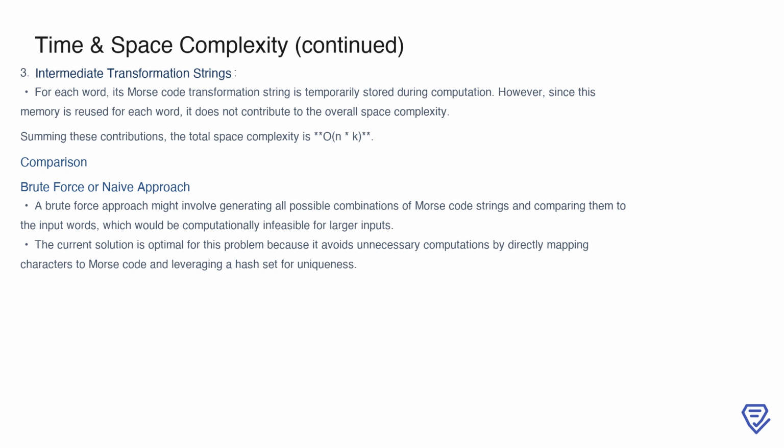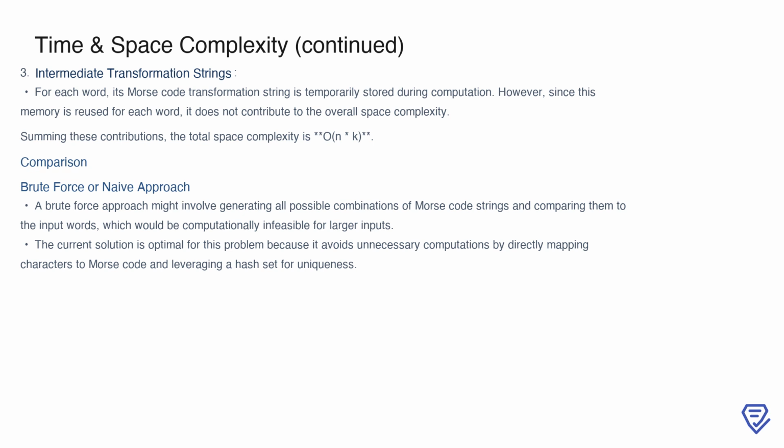Beyond the set, we also temporarily store intermediate transformation strings during the computation for each word. These strings are not stored permanently; instead, the memory is reused for each word, meaning they do not contribute to the overall space complexity. When we sum up all the contributions, the total space complexity is determined to be O(n*k). To put this into perspective, a brute force approach to solving the problem might involve generating and